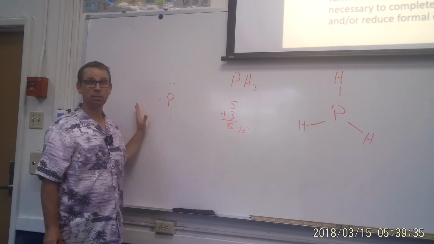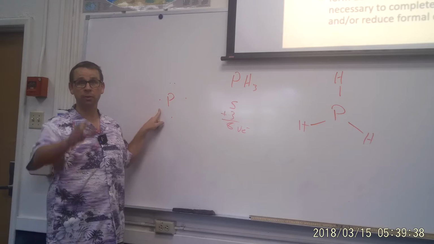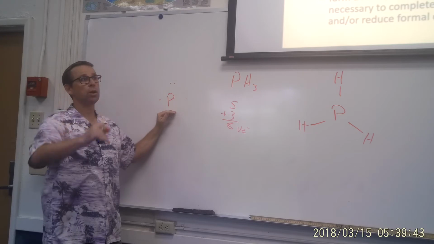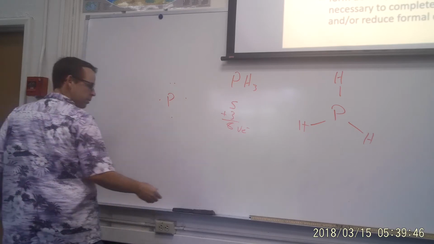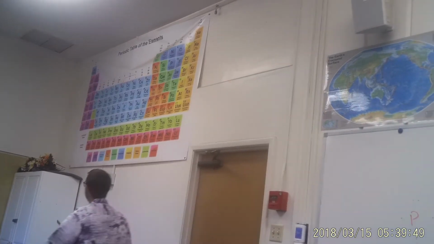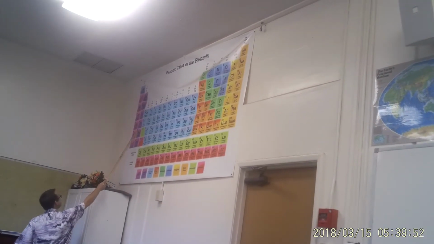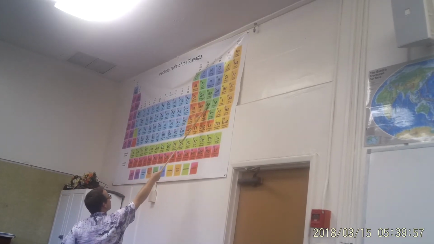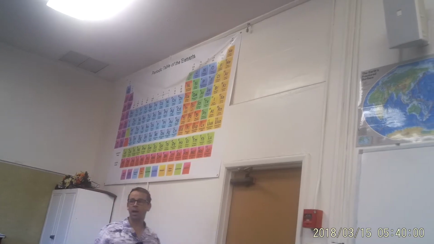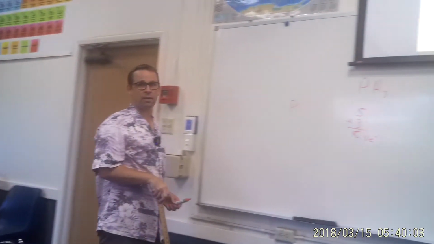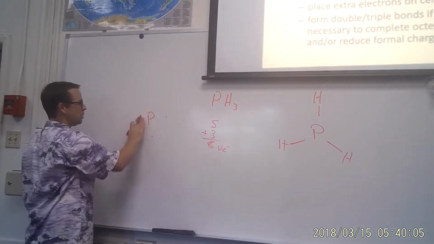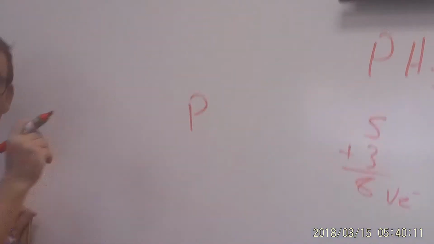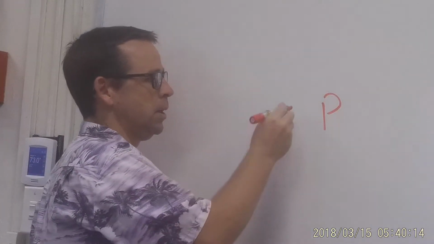Did somebody raise their hand when I asked if anybody wants to talk about how we knew phosphorus had 5? Okay, so phosphorus is in the 5th column if you count columns like this. 1, 2, 3, 4, 5, 6, 7, 8. So phosphorus being in the 5th column, that means it has 5 valence electrons. And valence electrons are placed around the element to visually identify how phosphorus would like to interact with other elements by